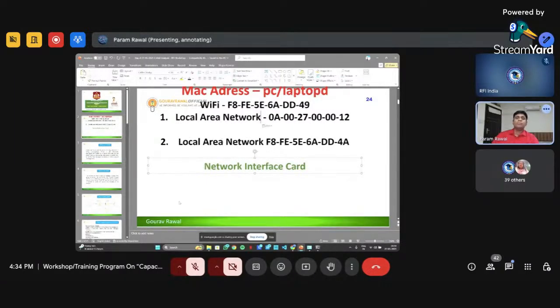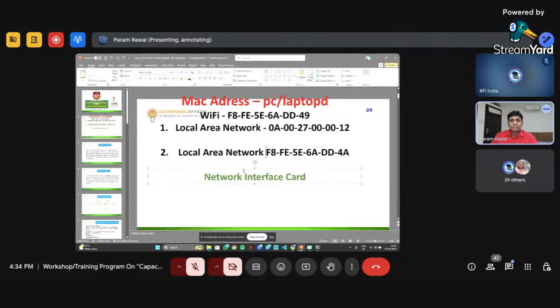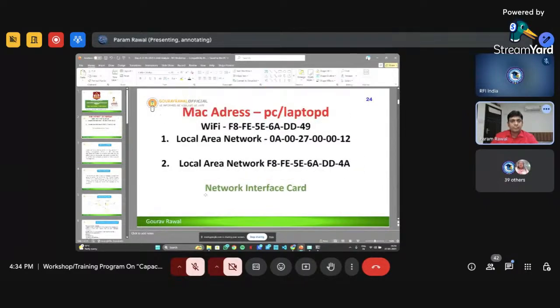In local area, we used to say LAN card. So this is local area network 1, this is local area network 2, and this is the Wi-Fi network. So in my PC, there are three different physical addresses available.